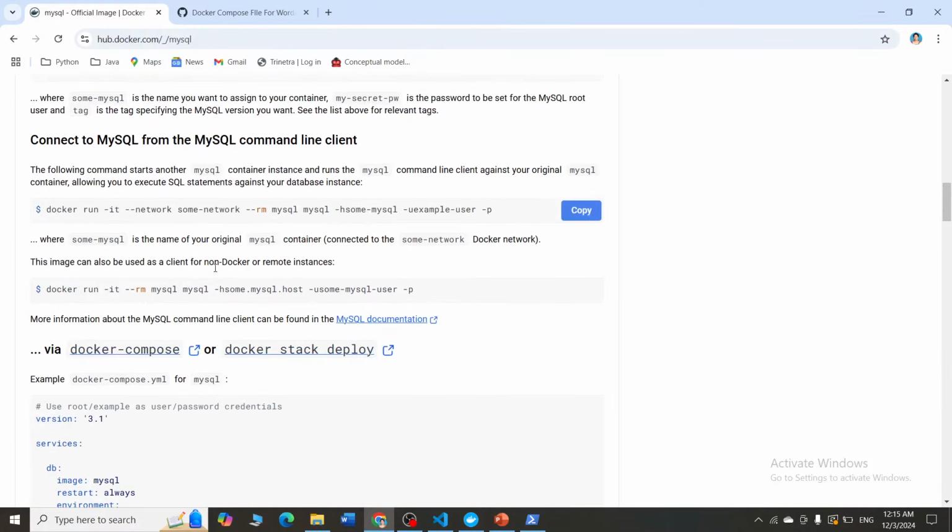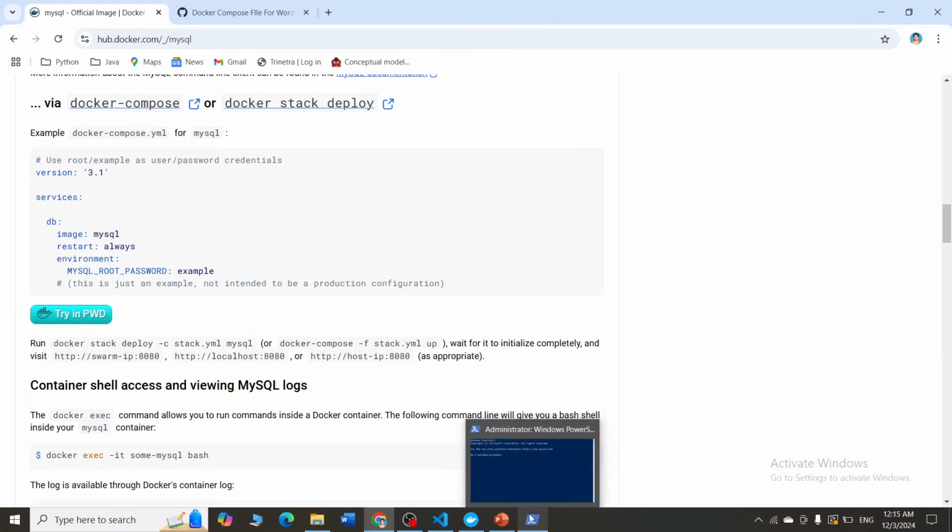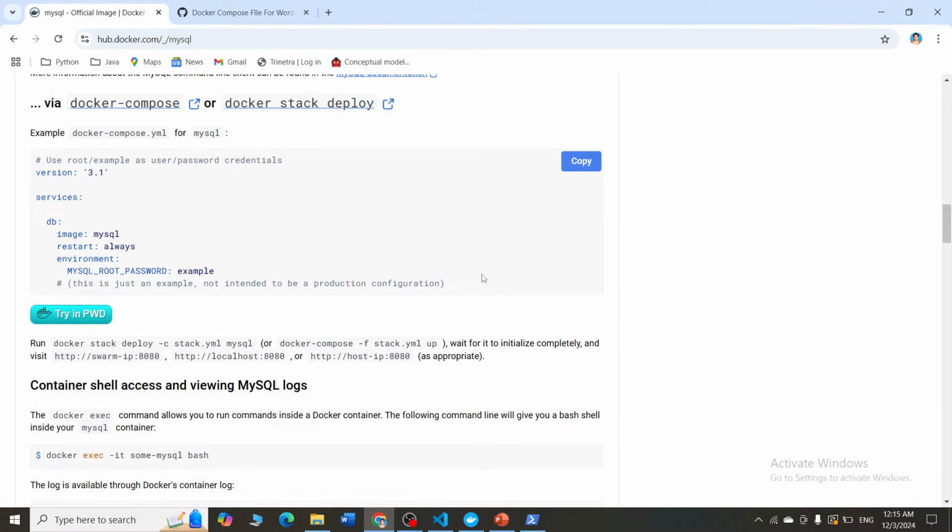See Docker Compose here. It has given you the configurations here. So you can copy the configurations of whichever image that you want, and you can modify it and combine it into the Docker file. These are the ways in which you can write down your sample configurations and run.